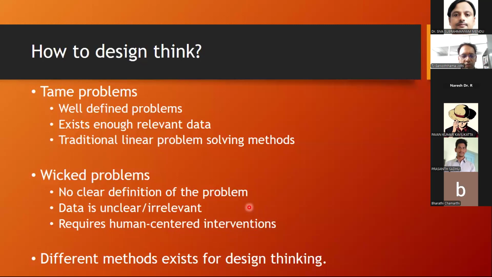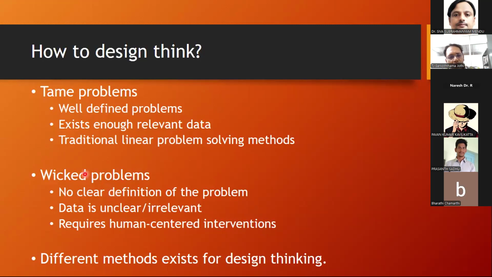For example, if I want to install a windmill in our houses or in an area where there are 100 houses, and I get a project to install 100 small windmills, immediately I cannot go to the market, get the windmills and install them in each house, right? I have to go and interact with the people there, take the readings, and monitor the weather conditions. Then I have to come up with a new model of wind turbine for suitable wind speeds, and only then can I use it, right?